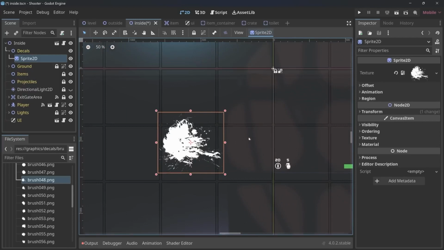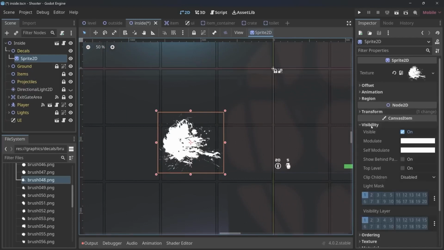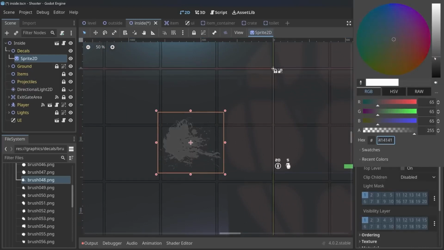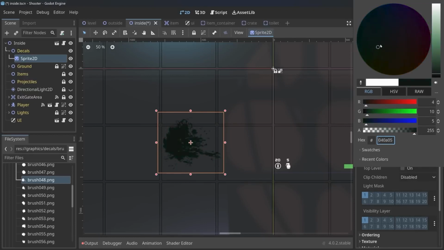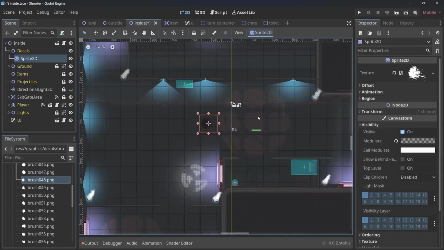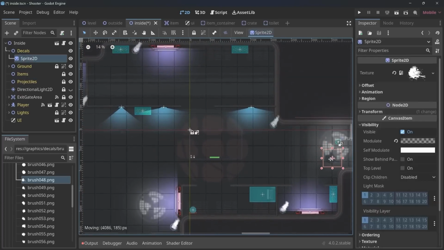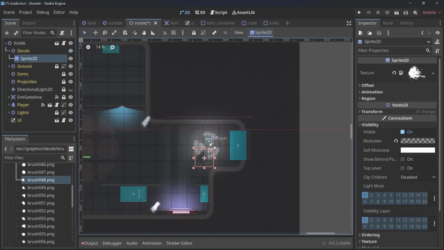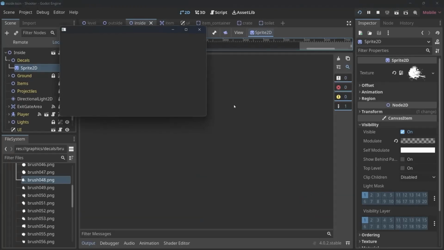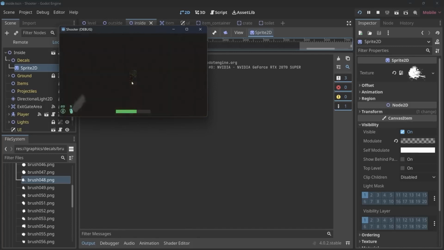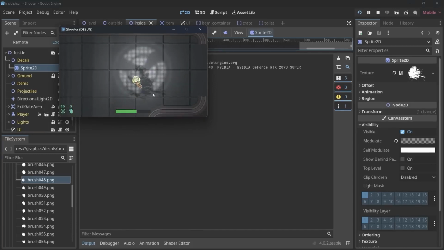And those are simply a couple of graphics that I want to modulate. So they are looking dark and green. It should be much darker and a bit less green and a bit less transparent. And now we have a graphic that gives the entire thing a bit more texture. So we could put this, for example, there. Could scale it up. And now if I run the game and go inside again, you can see this is